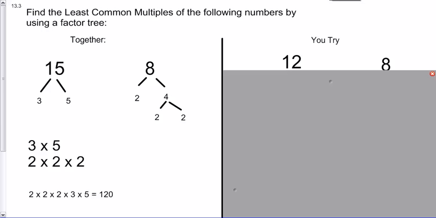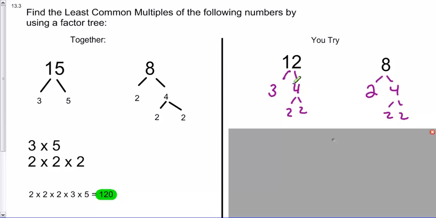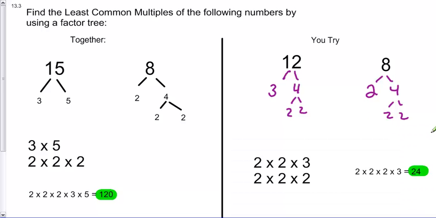I want you to try 8 and 12. If this is what you had for your factor trees, 3 and 4, and then 4 breaks down to 2 and 2, and then 8, all I had to do was look over here and copy. That's a way to use the problem to help you solve the problem. Now,